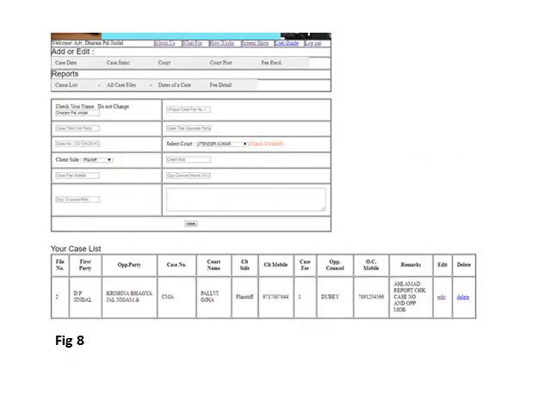This is the case static screen. Here, first of all, you have to provide a particular or unique file number. Here, first party name, second party name, case number, select court where this case is assigned. From side, client side, which is your client? It is plaintiff, complainant, respondent or defendant, as the case may be.